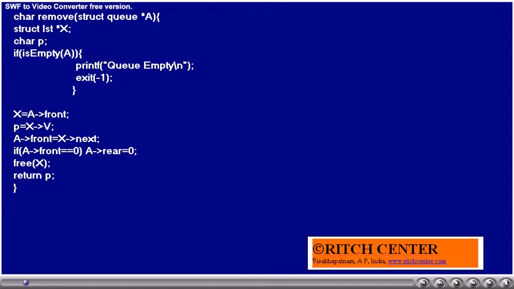The function remove takes address of a queue type of object, and if the queue is empty, will come out from the program. Otherwise, a lst type of pointer variable x is taken. It will be made to point to the topmost or front node, front object in the queue, and then front variable is adjusted in such a way that it will point to the next node in the queue,